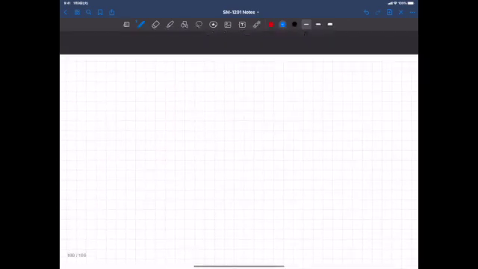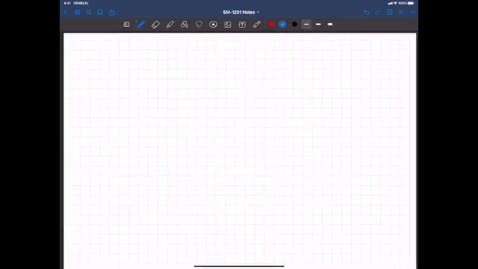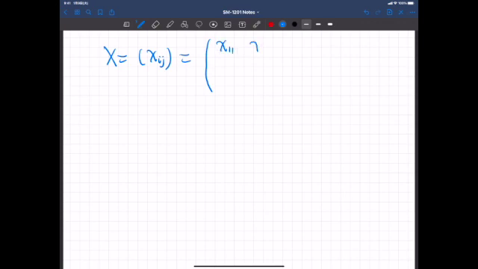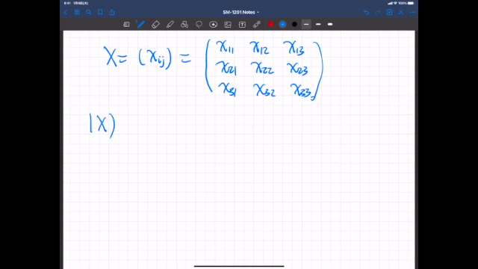Next, you should calculate the determinant of the general 3 by 3 matrix. Let's say X, Xij, is a 3 by 3 matrix. That is X11, X12, X13, X21, X22, X23, X31, X32, X33. So apply the definition of the determinant, then prove that the determinant is actually given by this equation,